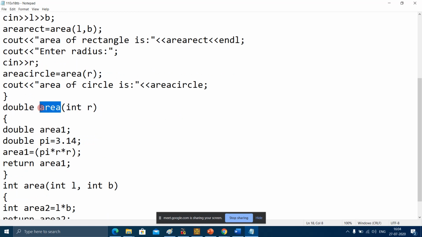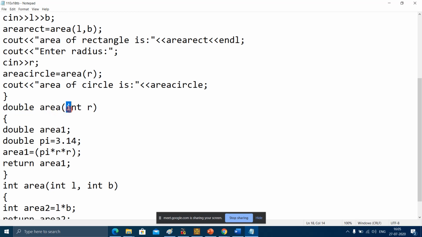Since this function is going to return a value whose data type is double, double is used for decimal numbers, that's why the double data type is specified before the area function.